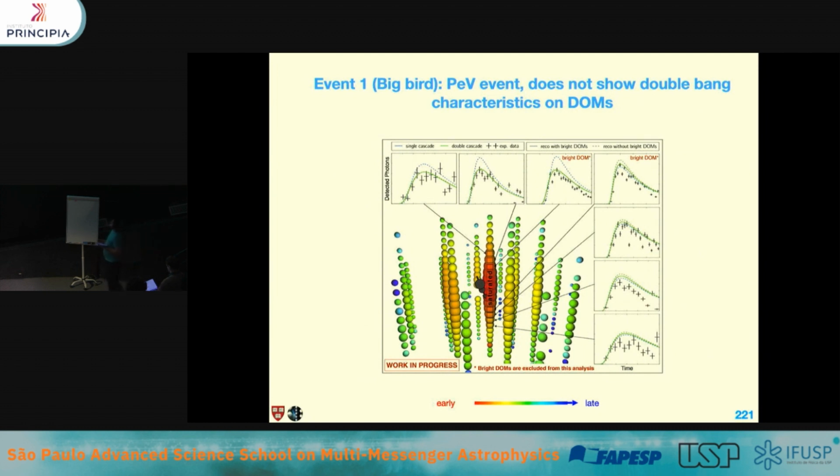This is Big Bird. This one I don't think is a tau, just so, disclosure. So here are the events. This is the main display, of course, and these little panels around it show you the time series of photons observed in nearby sensors close to the interaction points. And so you can see that there are two lines here. There is the single cascade hypothesis and double cascade hypothesis. They're very similar, sometimes a little different, but nothing really catches your eye.